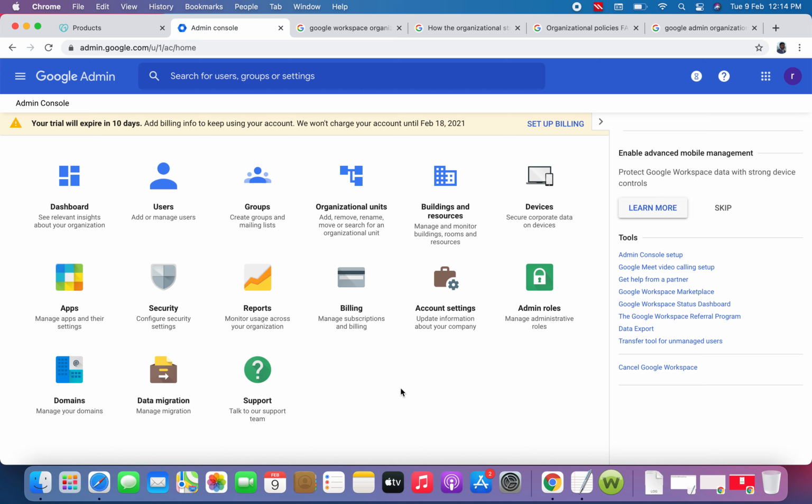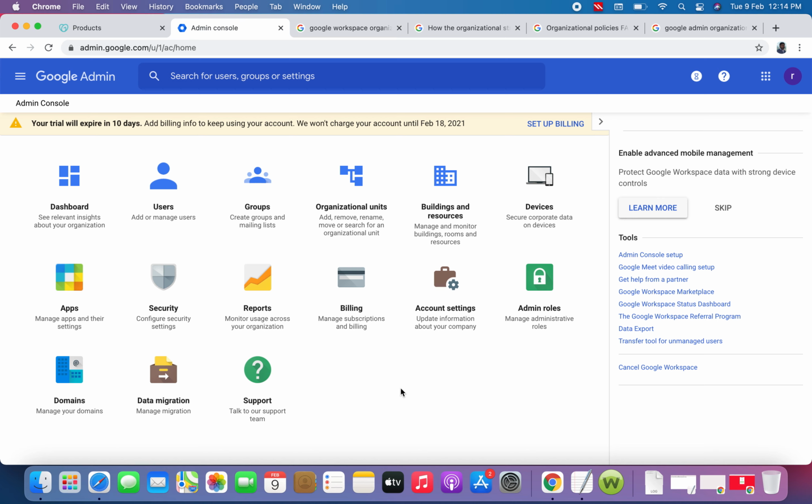Unit means, for example, you want to create different group sections. Every section can have a different kind of work, processing, policies, events, and many more.